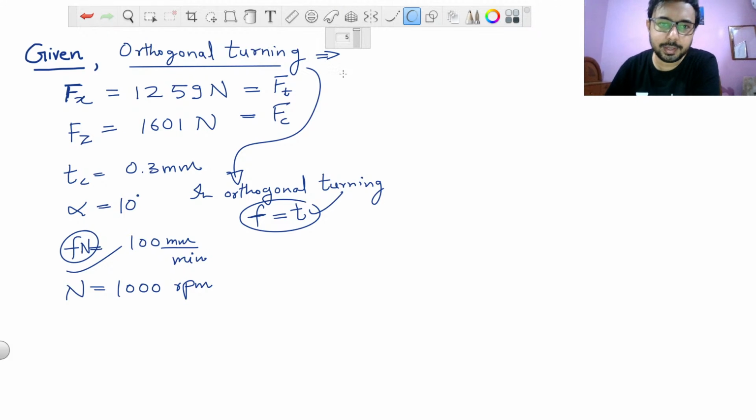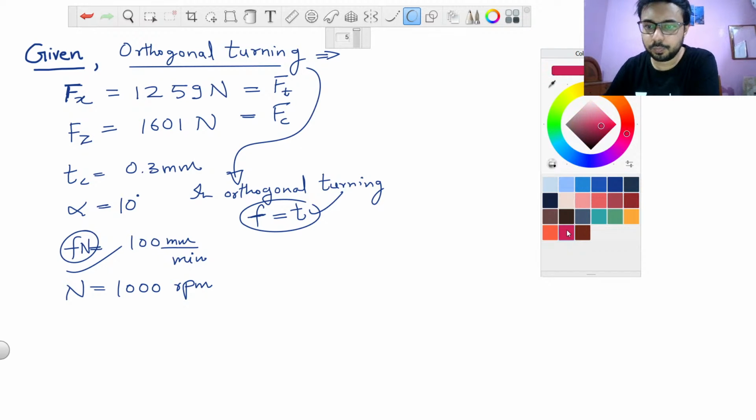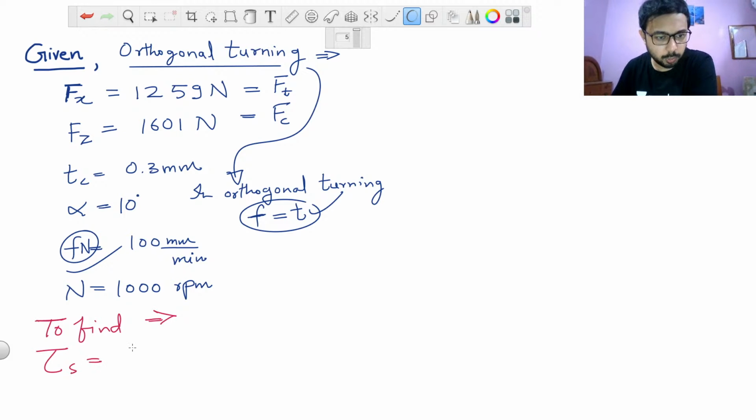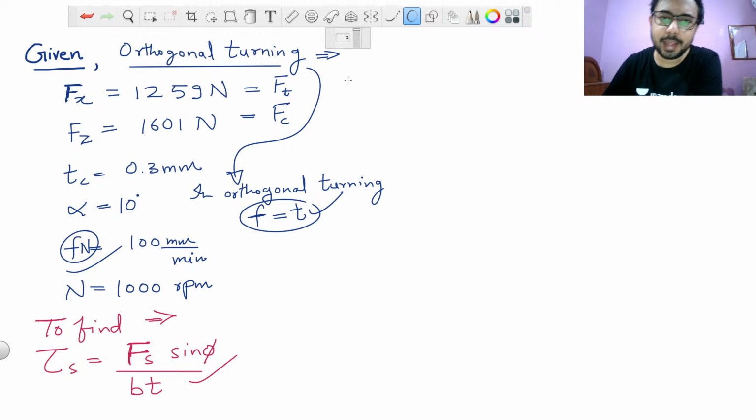Because what we have to finally calculate, let me write by changing the color of the pen here, to find shear strength, which is equal to shear force divided by the shear area, which is simply width into thickness divided by sine phi. So here phi is needed, and to calculate phi we will be using this